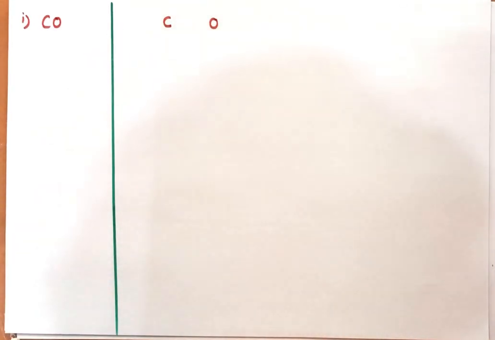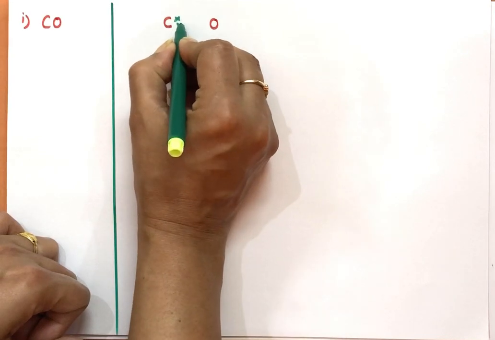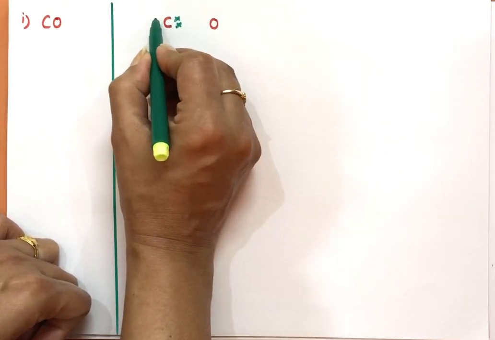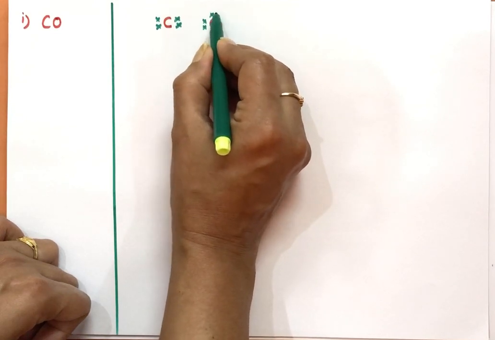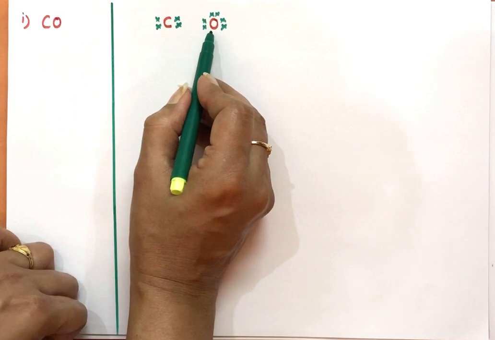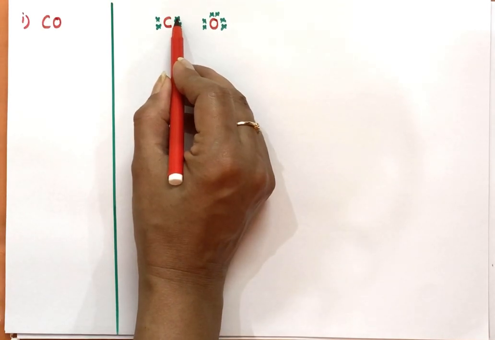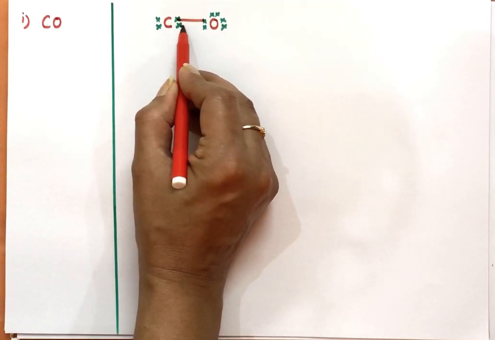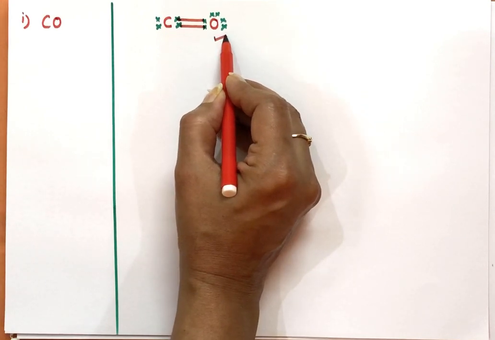Carbon and oxygen. Now we will draw the Lewis structure. Carbon has 4 electrons in its last shell. Oxygen has 6 electrons in its last shell. Now, oxygen needs 2 electrons while carbon requires 4 electrons to get stability. So this O is sharing 2 electrons with carbon, and in this way this oxygen is stable because it has